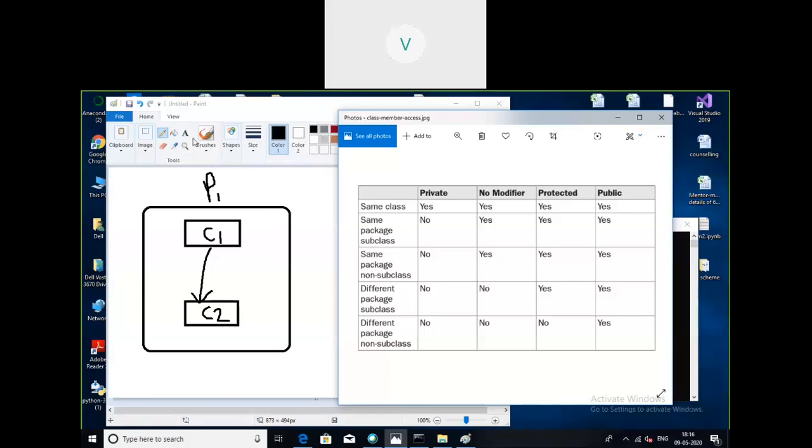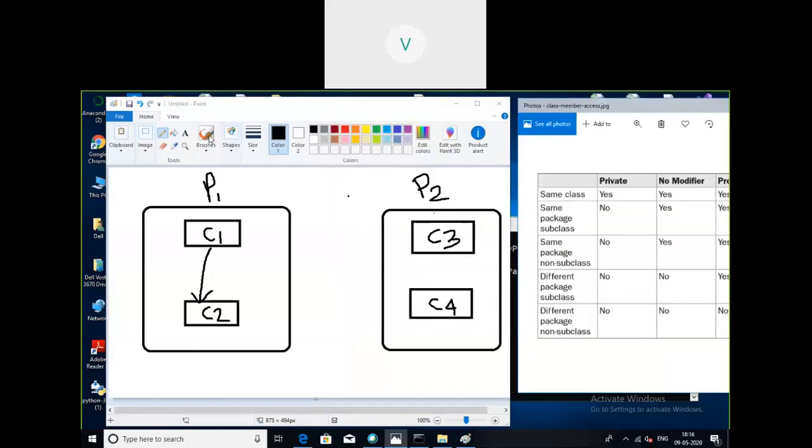That means I should draw one more class now. The third class I am explaining. In the same package, I will take one more class, C3.